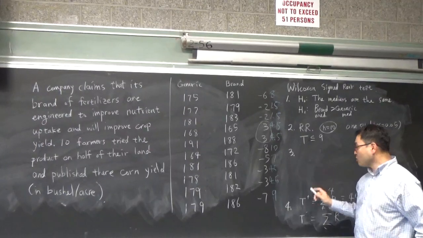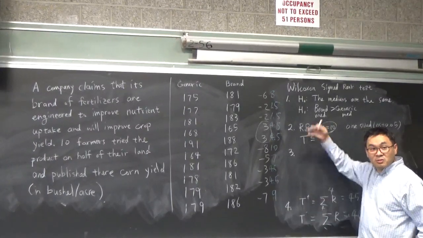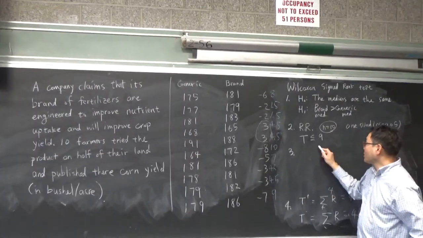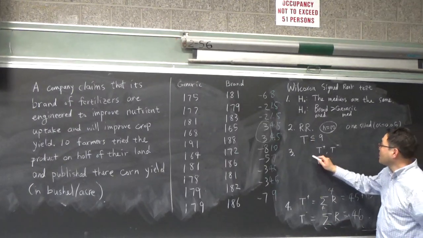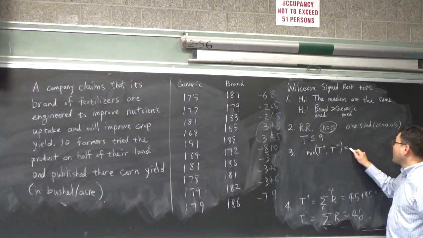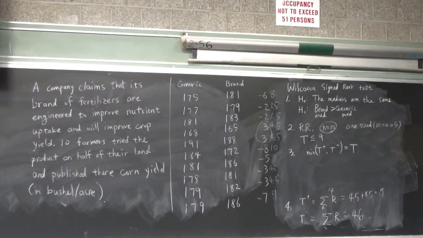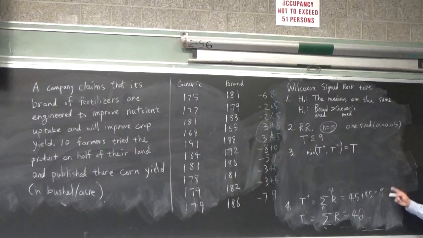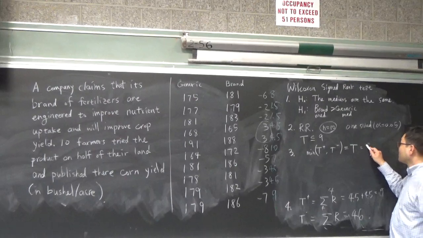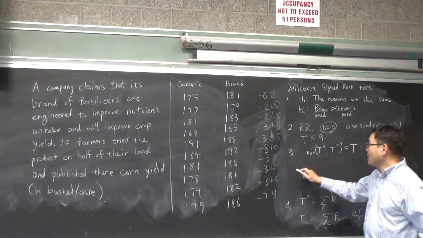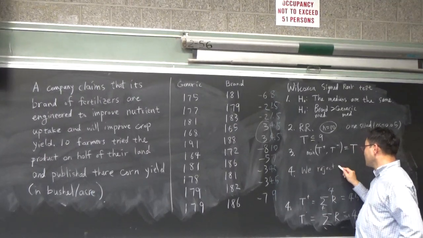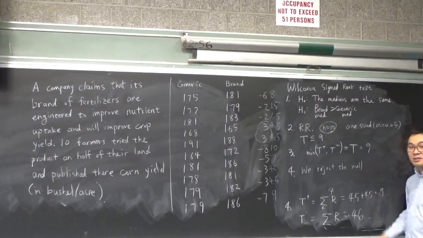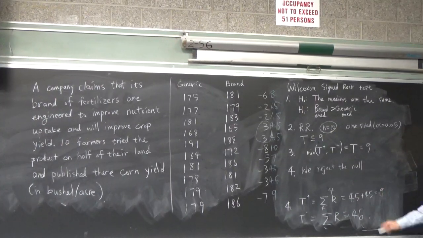And test statistic is calculated exactly following the previous thing that I explained, which is you compute t plus and t minus using the previous I recorded. And the minimum of that is defined as our t, which is the test statistic. Okay? But what's the minimum? 9. 9, right? So it barely worked. Okay, so this is 9, and because 9 is 9 or less, our conclusion is what? We reject the null. Okay? We reject the null, or H0,